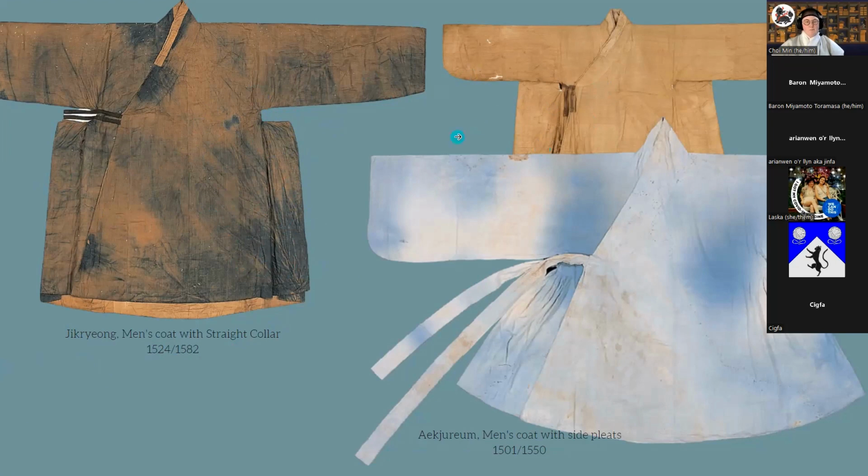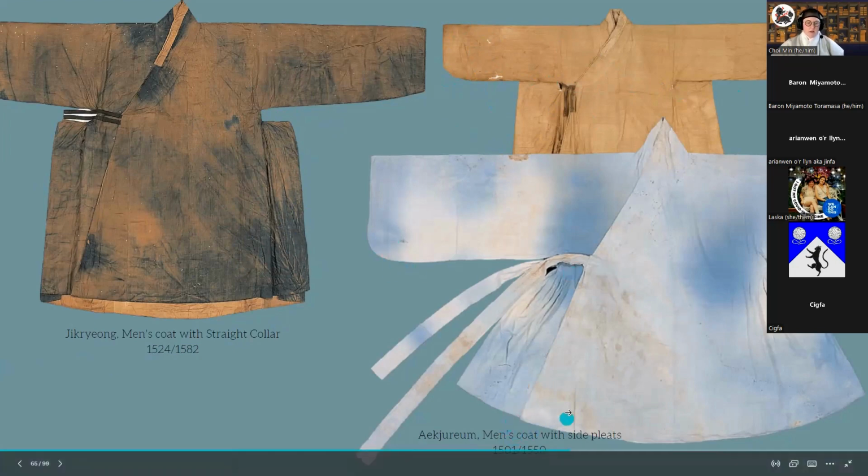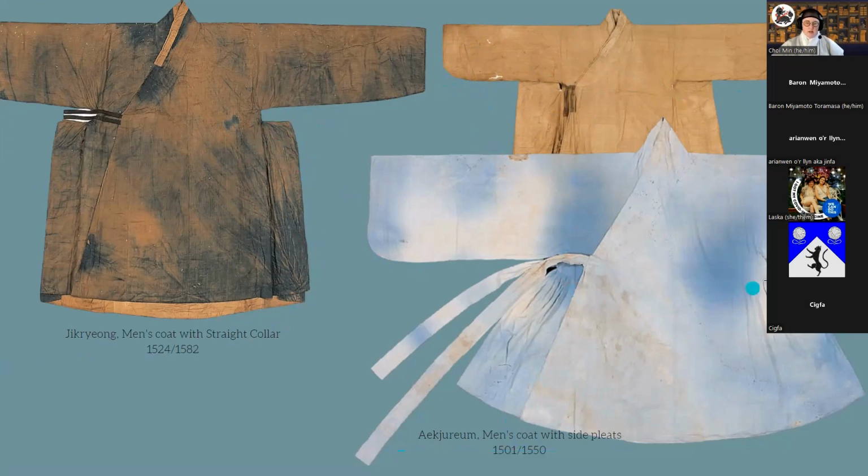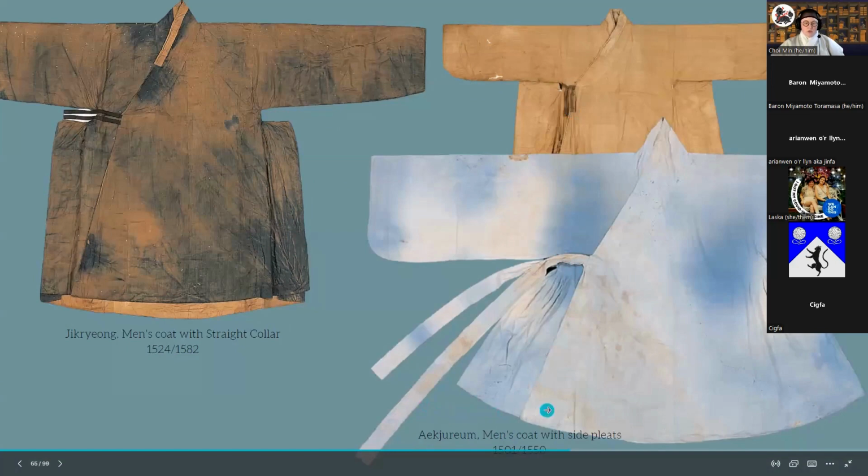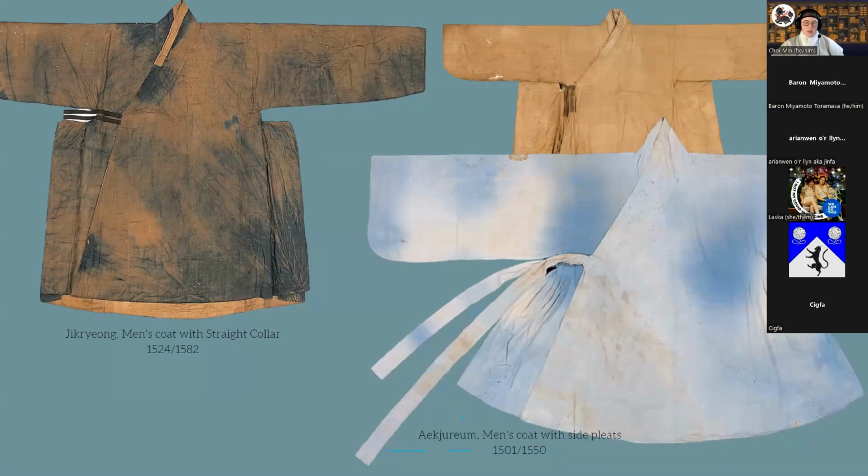I guess someone's mowing. But this one over here, I put in here because it shows that the sleeve can be similar to this one, which is period. The person died 1550, but instead of having it outward, they just folded these in and gathered in the side panels here. And this is an akjurum, which literally just means side pleats. So they're basically taking the jikryong and pleating that in and having it gathered at the sides. And I believe this is one of the, like I said, the conservatism increased over time, and they were like, nah, men don't need to have so many types of clothing.